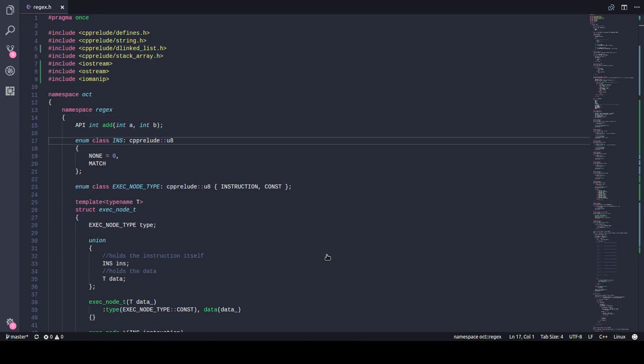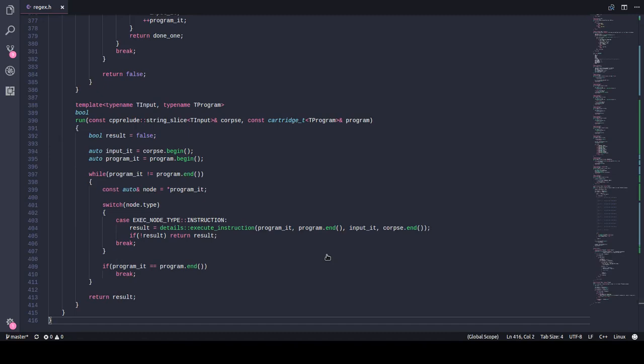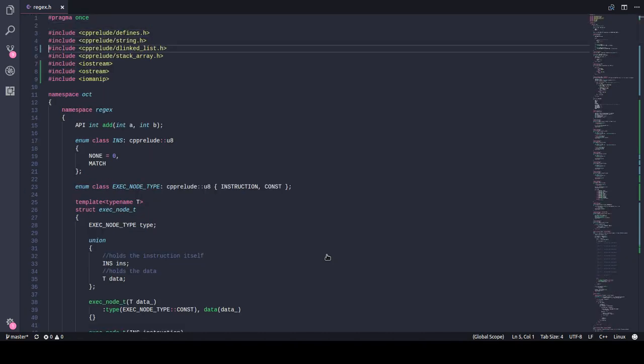this mess of the code. I don't know, should we do a file for the instructions and the execution nodes and the cartridges, or do we put everything in one file? If we put everything in one file,